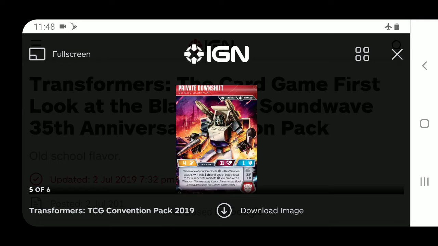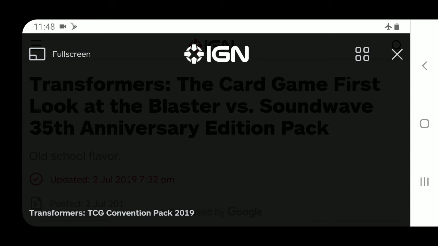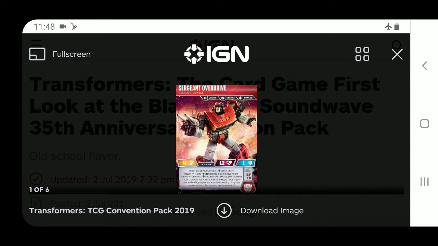You say go. If you want the most damage, you'd probably transform Downshift, as you can see, to bot mode and say go, because that has the most damage output on turn 1. You could argue Overdrive with focus, but that depends on how your deck is built. But anyways,